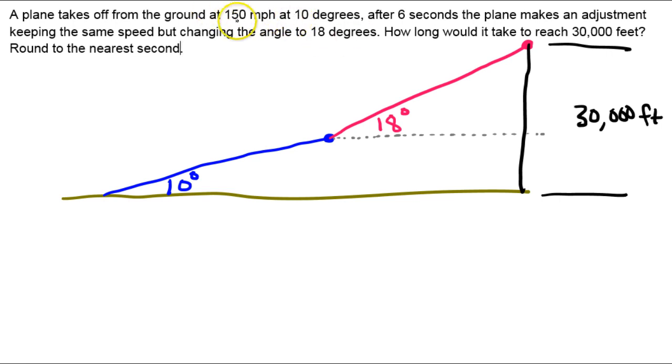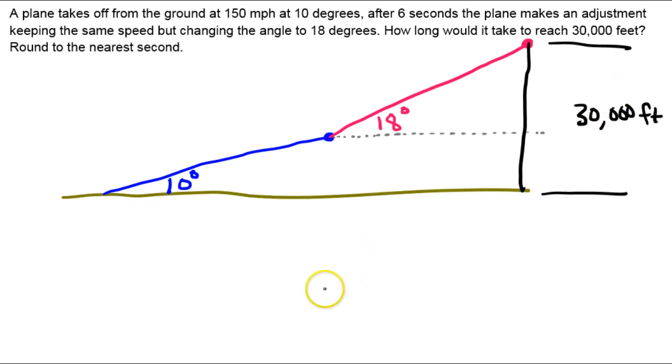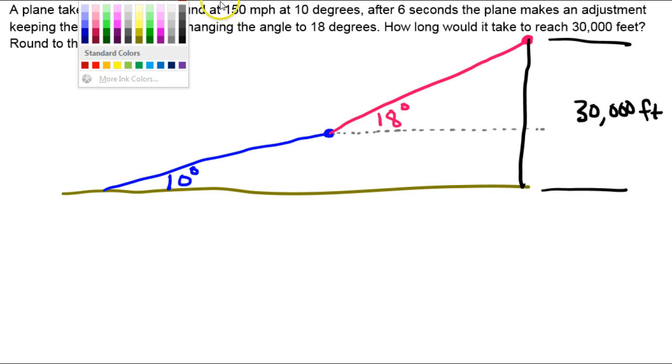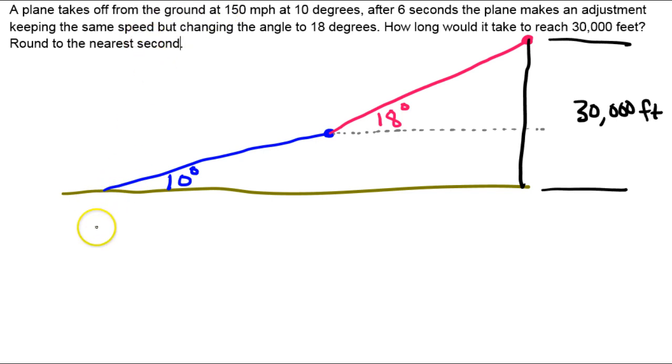Okay. So I'm going to take this miles per hour. Oh yeah, and also we're talking about feet. 30,000 feet. So we need to convert, instead of miles per hour, we need to convert this over to feet per second, because those are the units we're going to ultimately be dealing with. So off to the side somewhere, down below, I'm going to convert 150 miles per hour over to feet per second. Okay, so I have 150